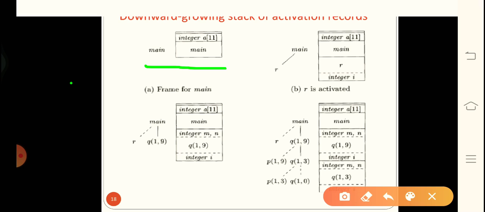But as we move ahead with execution, the stack keeps growing. If we split Q of 1 to 9, again it grows, and when we split again, it grows further, occupying more memory at more levels during execution. This increases the execution space and execution time, and affects efficiency. If it takes more time, it is less efficient, but if it takes less time, it is more efficient.